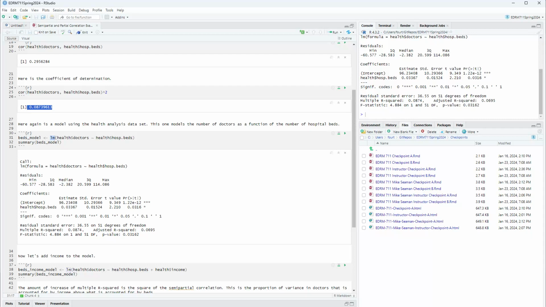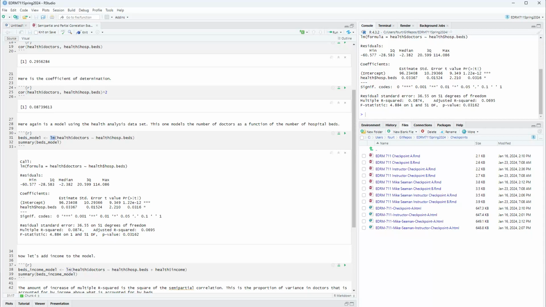When we're talking about one or more explanatory variables, we can have a multiple r squared. It is a generalization of the small r squared for a single explanatory variable when we have more than one. Now in this case we only have one,